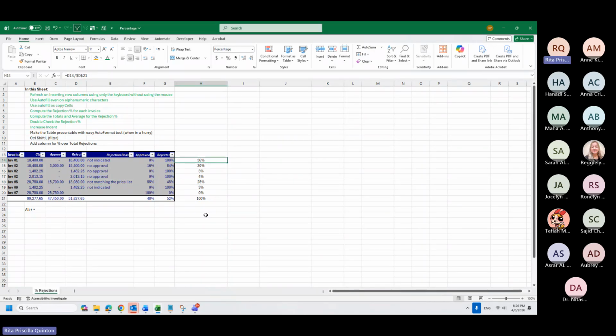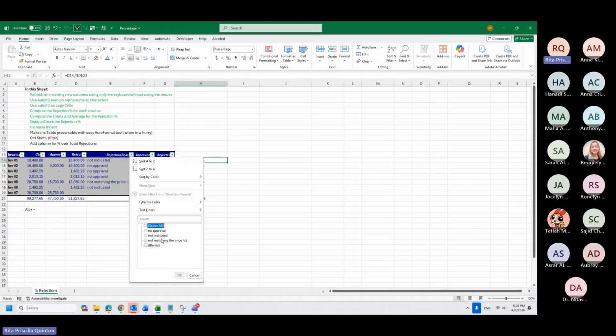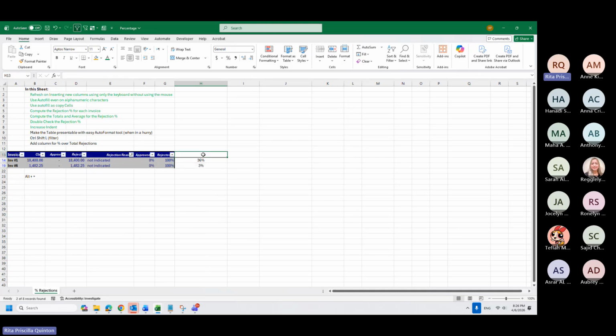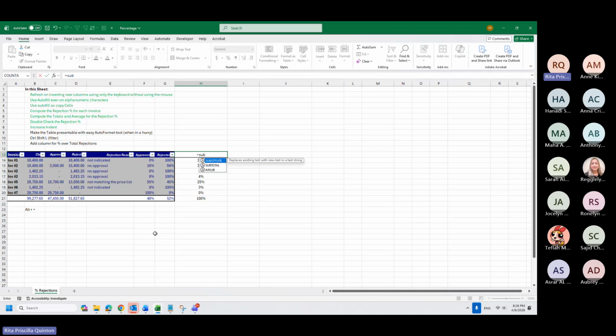Most of us already know the pivot table, and I want to dive deeper on that maybe on the second week, my dear. So for now, we will go with the basics. Yeah, it's okay. We can also do filtering. So if you only want the not indicated, then we can add from here. This is good point also, since we can use the subtotal. We will use sum.